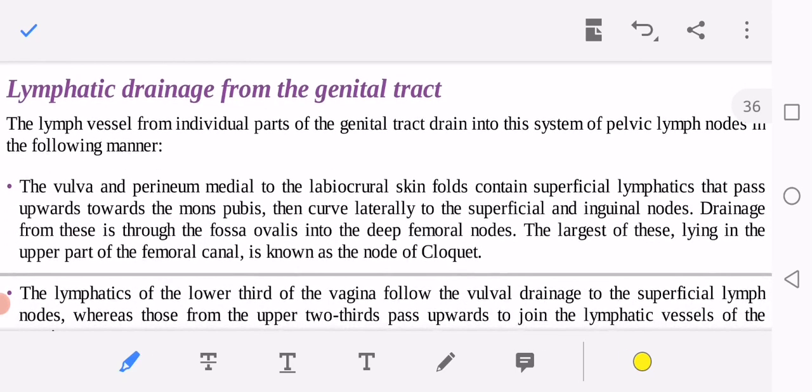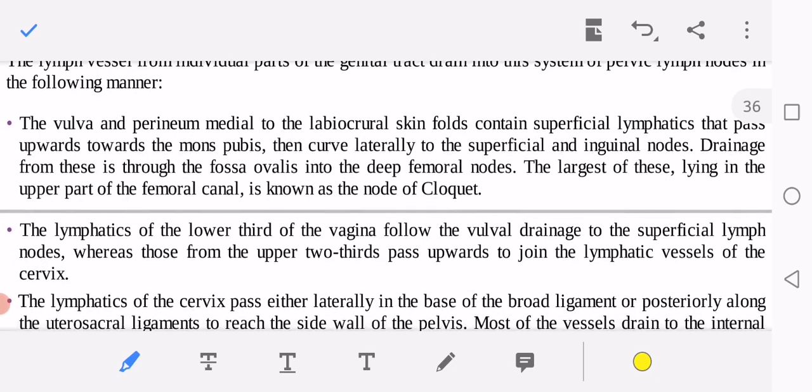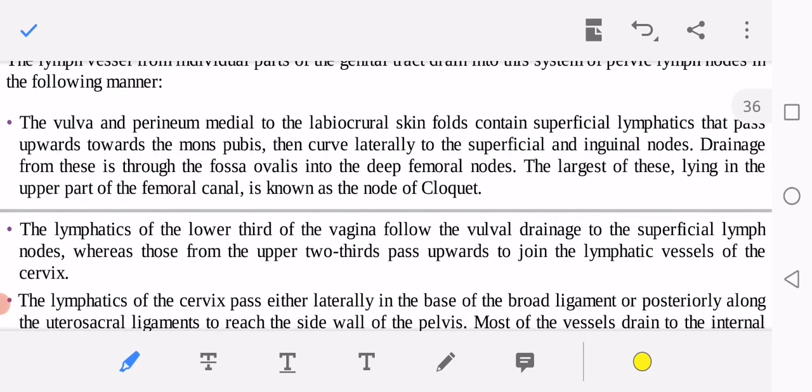Lymphatic drainage from the genital tract. The lymph vessels from the individual parts of the genital tract drain into this system of the pelvic nodes in the following manner. The vulva and the perineum medial to the labiocrural skin folds contain superficial lymphatics that pass upwards towards the mons pubis, then curve laterally to the superficial inguinal nodes, and drainage from these is through the fossa ovalis into